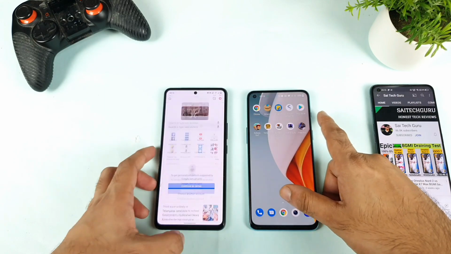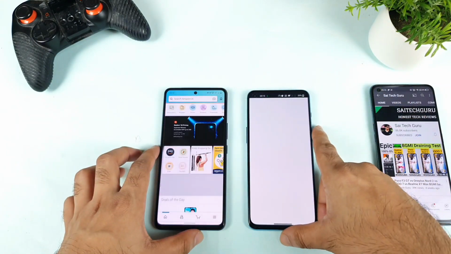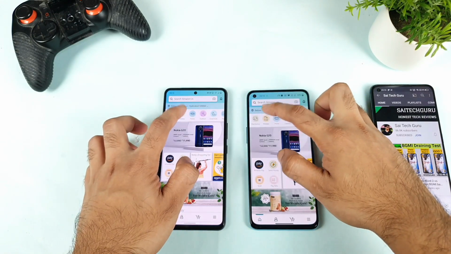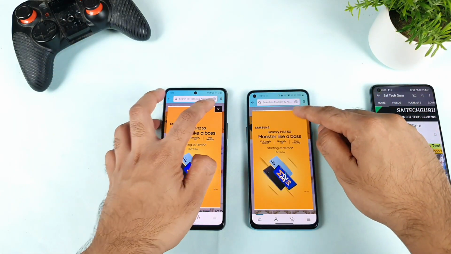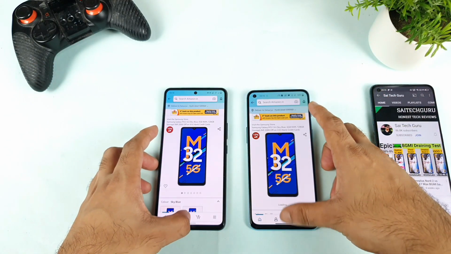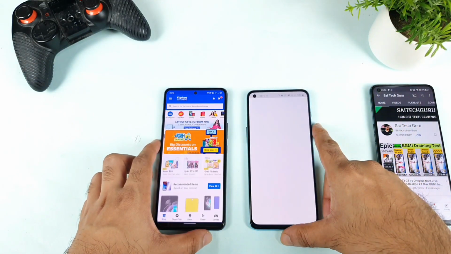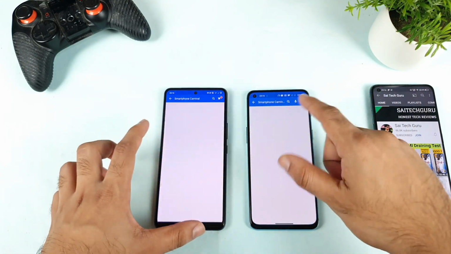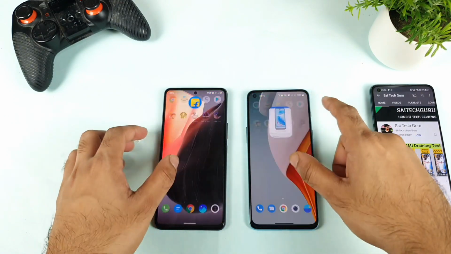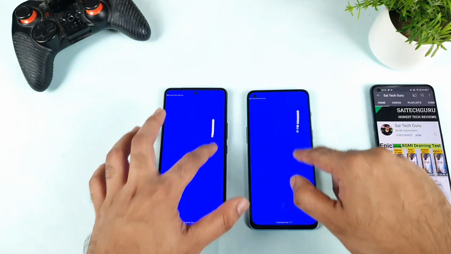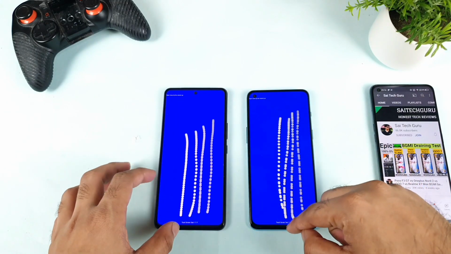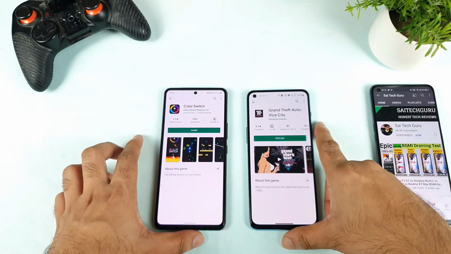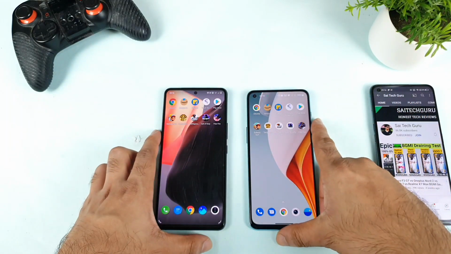The iQOO 7 was able to load Google Chrome first, and the Amazon application also the iQOO 7 slightly faster. Let's keep this in the background, and let's keep this M32 in the background. There should not be any kind of issue. And Flipkart also the iQOO 7 was able to open faster. Flipkart not bad, and let's keep this in the background. And next is a touch sampling rate. I'm trying to keep some lines in the background as well. Yes. And next is the Play Store. So right now all the applications are completely open between both phones.